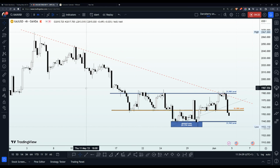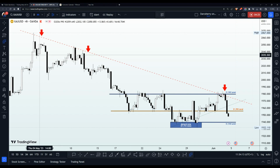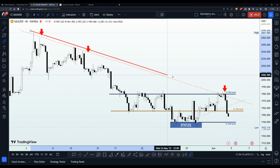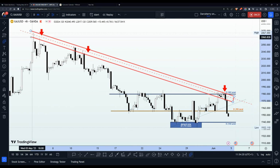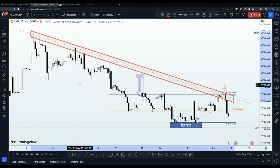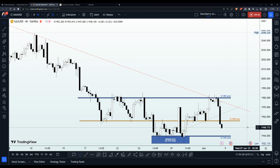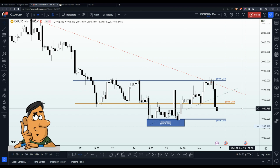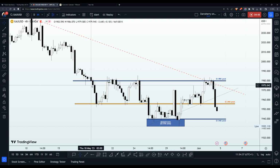And obviously, you will see here that price action has been bearish, and with consistent lower highs, I was able to connect them to give us this bearish trend line, which will definitely be part of the parameters that we are going to be using to guide our trading activity for the week. And besides the trend line here, one interesting thing you would have noticed after the lower highs that were identified here was that during the second half of last month, we saw how